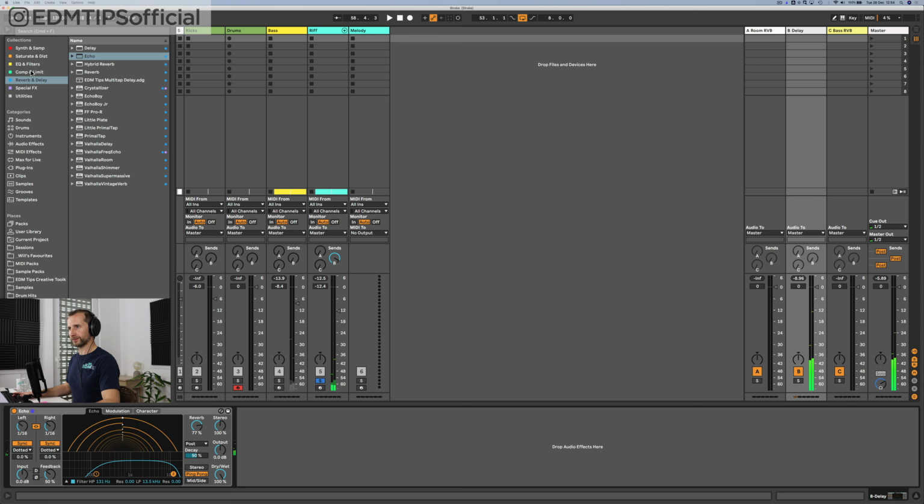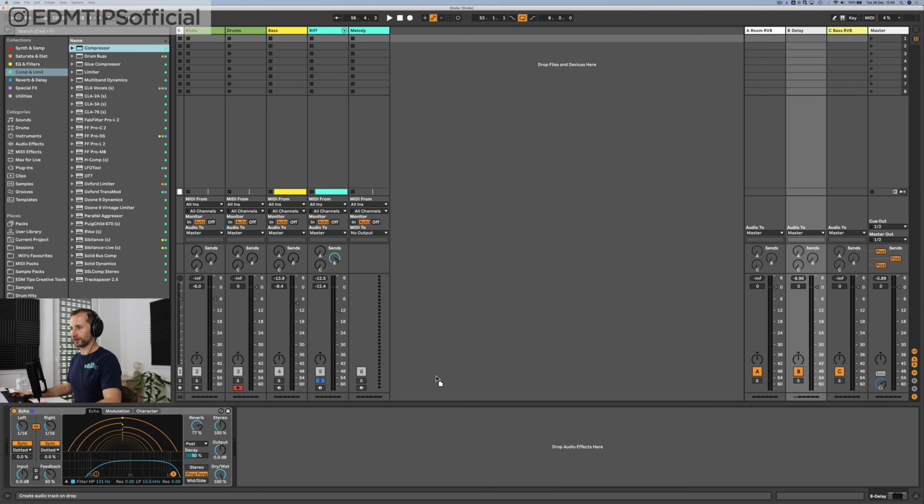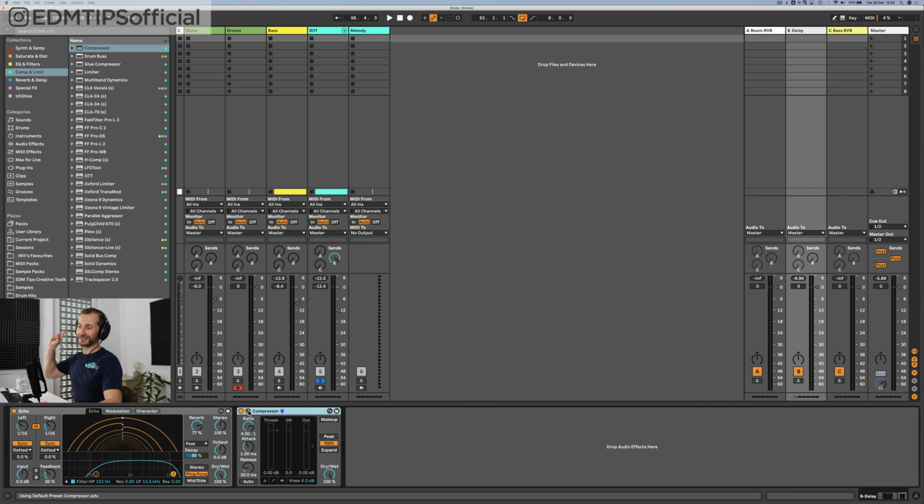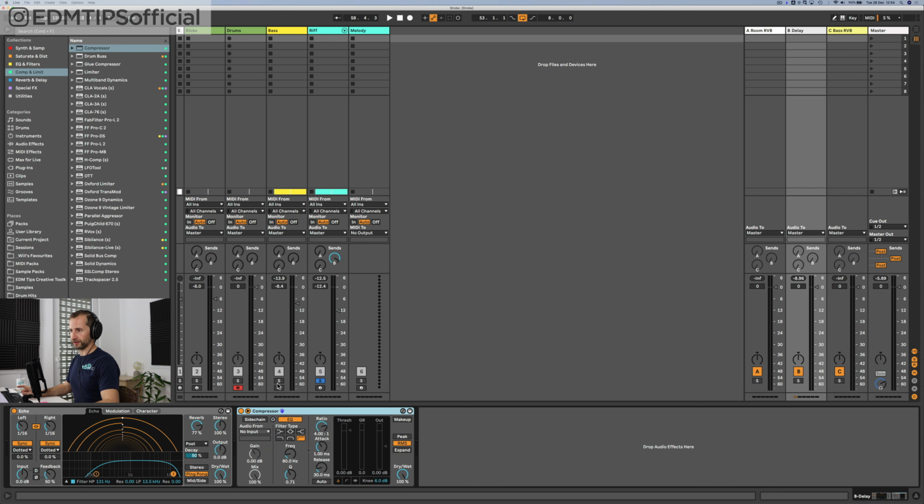Now what we're going to do, which is a bit of a clever trick, is we're going to put a compressor after that and we're going to take the dry signal from this riff and we're going to sidechain the delayed signal against it. And that's going to just duck the delayed signal whilst the dry riff is playing. You have to be pretty careful with this. We don't want to completely duck it all the time.